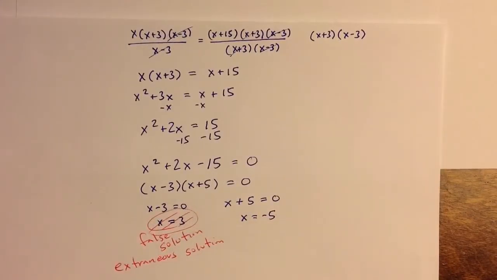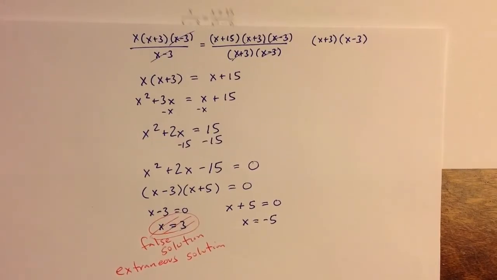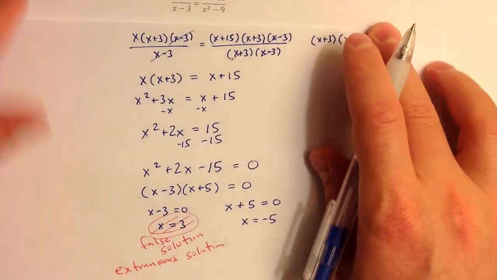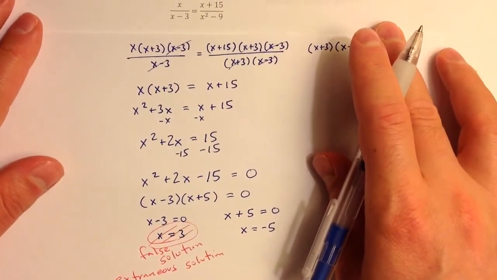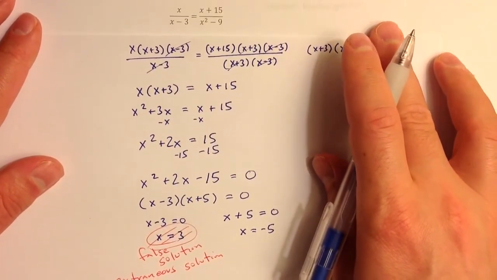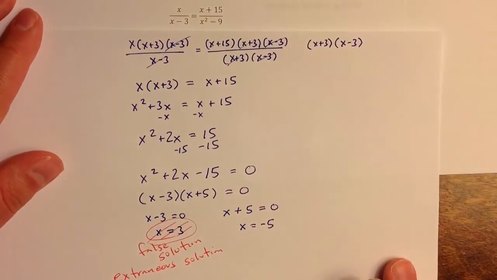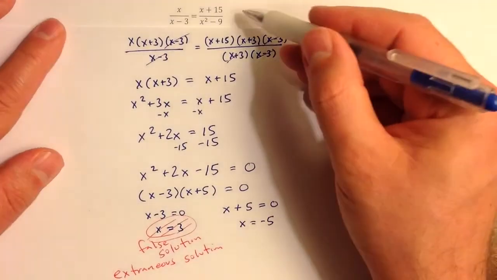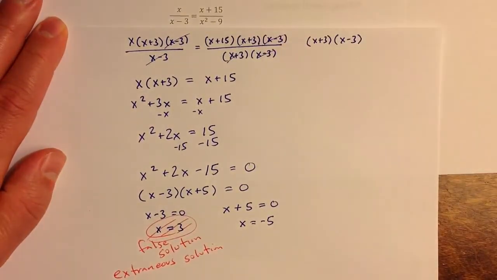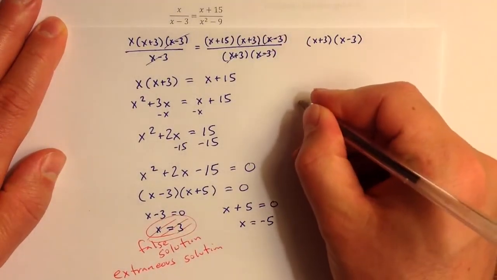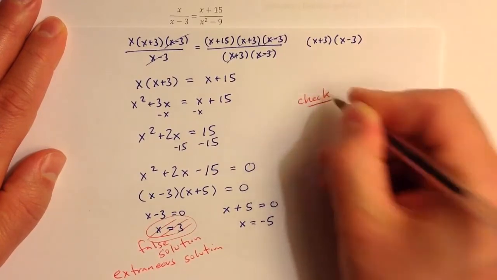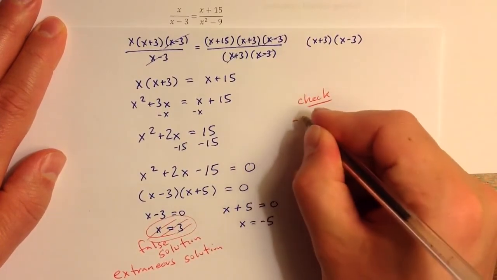X equals negative 5, on the other hand, is hopefully an actual solution to the original equation. So let's take a moment and think about that. Does that actually solve the original equation? We can plug that in and check. It's not going to cause a problem with 0 in the denominator, but we want to check our arithmetic and make sure we didn't